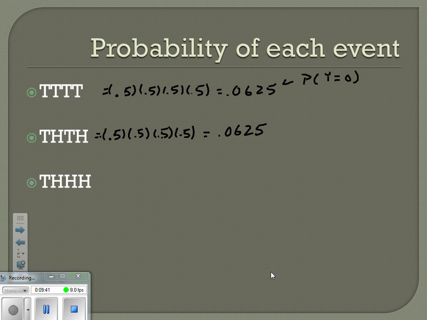Right? There's a lot of different options here. So the probability that we get tails, heads is 0.0625. The probability that we would get a tails and then 3 heads in a row, the probability of that particular combination, we could find the probability that we get this particular combination, right? 2 heads and 2 tails. One thing to notice,